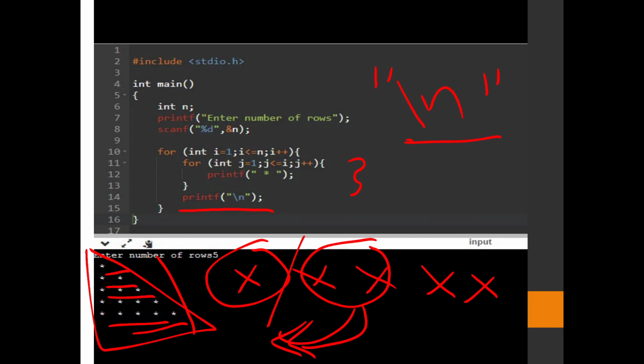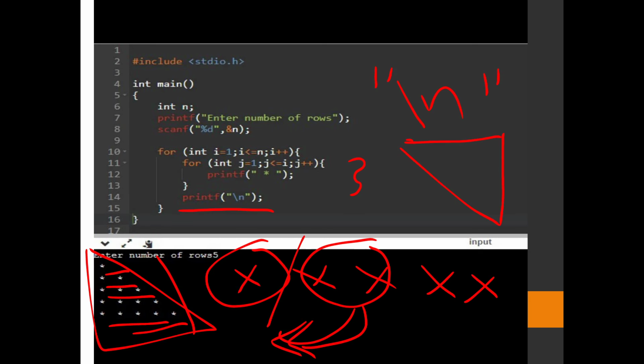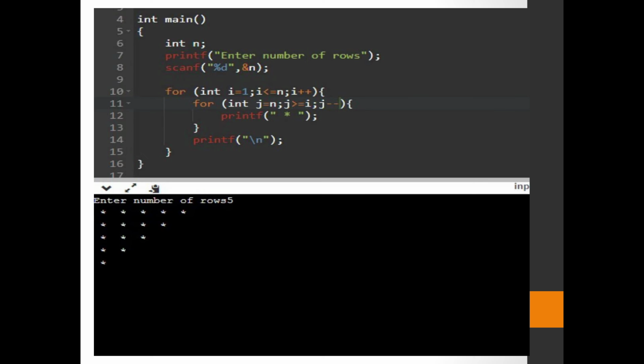Yes, this is the mirror image, and now I am going to show it in the next code. So this is the code to print the mirror image of the previous one.